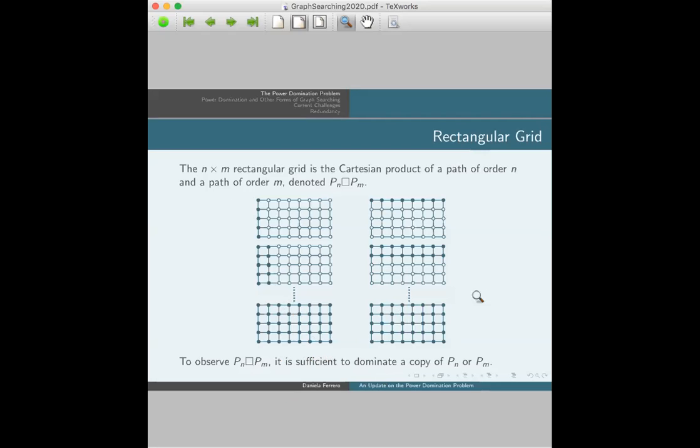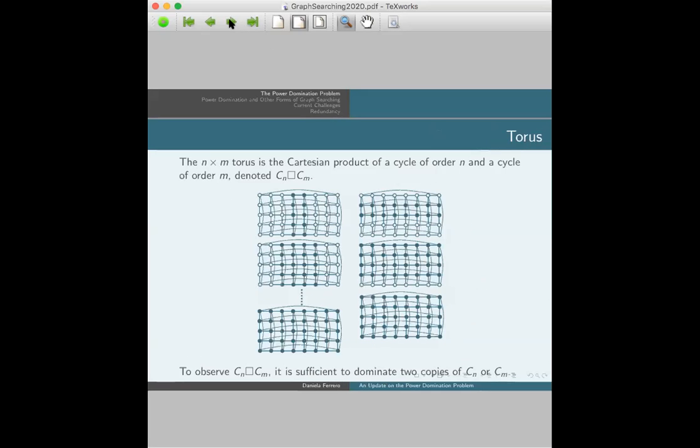And I became interested in this problem, and I observed that this not only happens here, but it also happens if instead of 2 paths, we have 2 cycles. And in this case, we have a torus. But if we have 2 cycles, then the only difference is that in this case, we need a double. I mean, we need 2 paths, 2 cycles, either horizontal or vertical, but we need 2 because the degree is